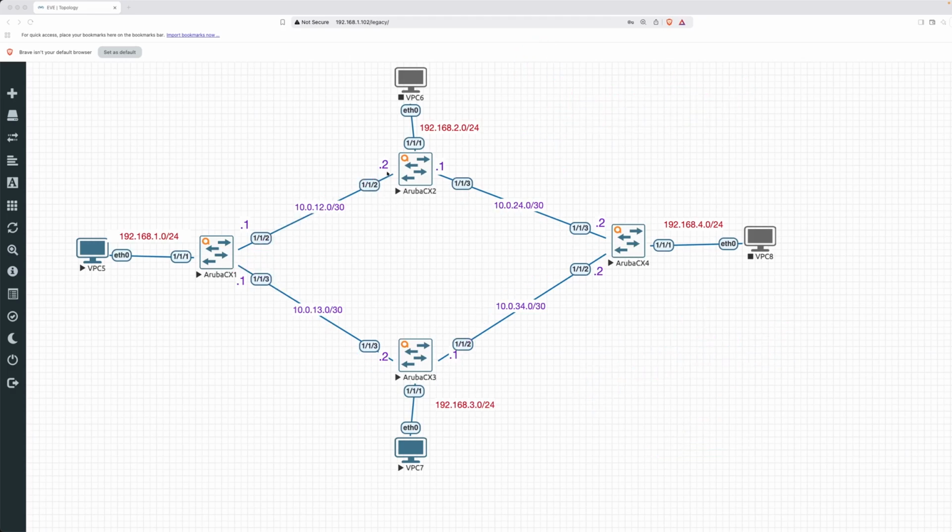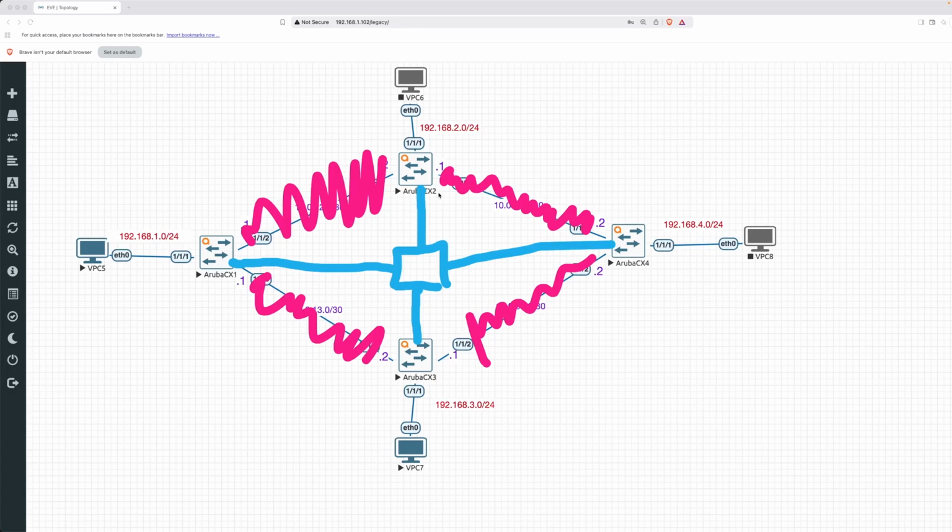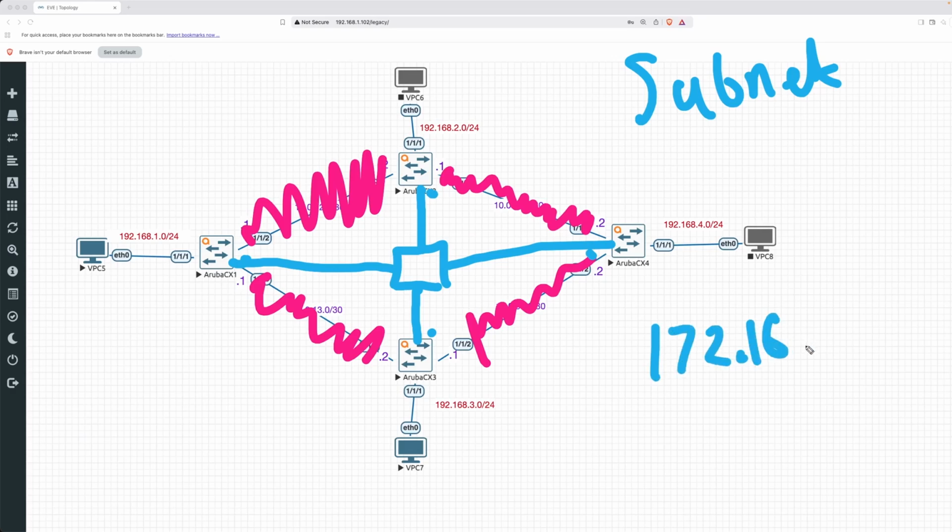Right, so look at this topology right here. Let's just temporarily ignore these links, okay? Let's say these interconnects between the switches do not exist, and instead, connecting all of these devices is a regular layer 2 switch, so one right in the middle here. What that would mean is that each interface, i.e. this interface here, this one here, this one, and this one, they would all be put on the same subnet. So you can imagine if we were using an IP address of, let's just go with 172.168.1.0/24, this interface here could be 172.168.1.1, this could be 1.2, this could be 1.3, and over here could be 1.4. And here is the thing, because we truly have this shared segment, the ability to broadcast is very, very important,